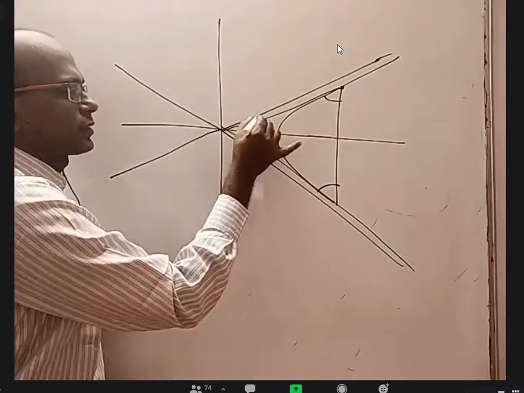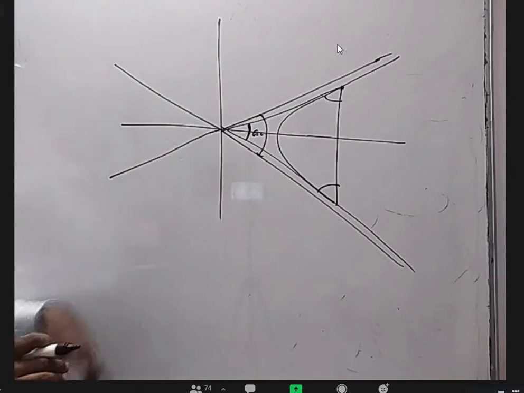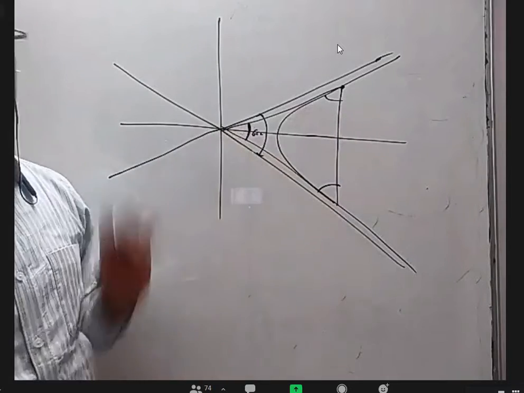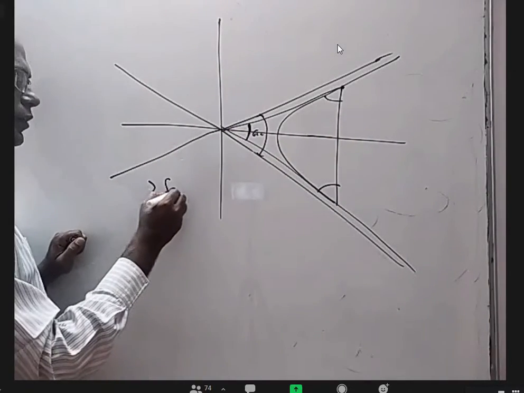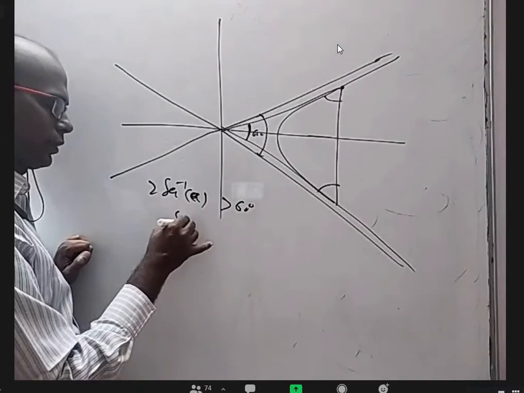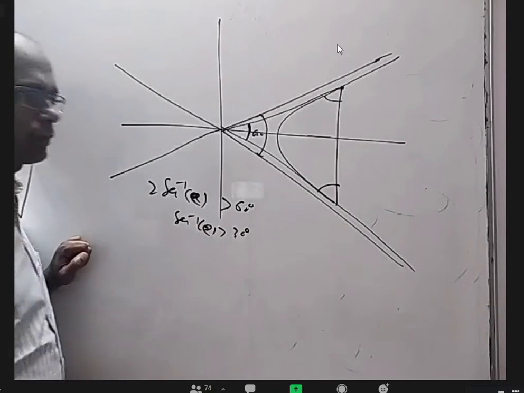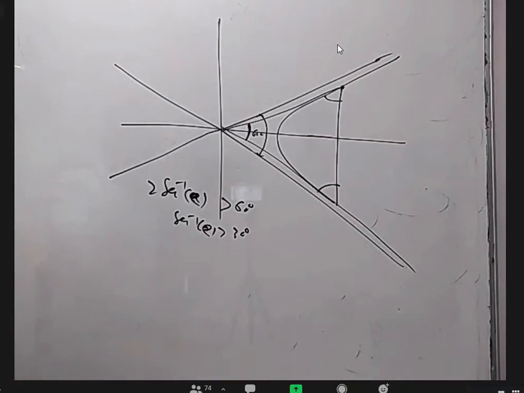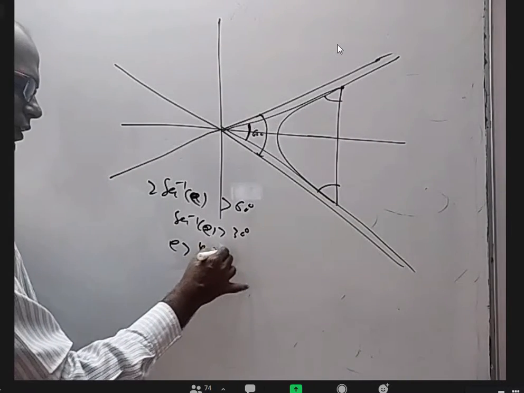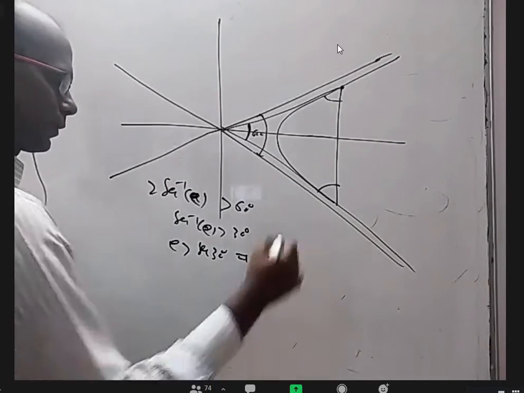The only condition is the angle between the asymptotes should be more than 60. As long as the angle between asymptotes is more than 60, some double ordinate or other will definitely subtend 60 here. The angle between asymptotes is 2 secant inverse e. That should be greater than 60, so secant inverse e is greater than 30. Apply secant on both sides. Cos is decreasing, but secant is increasing, so you'll get e greater than secant 30. So eccentricity should be more than 2 by root 3.